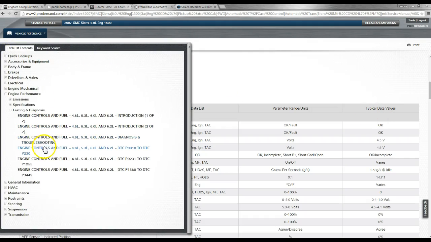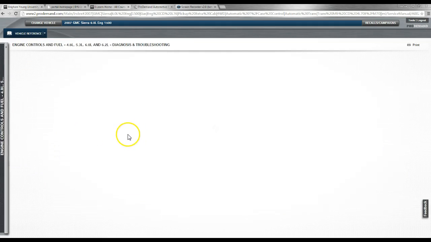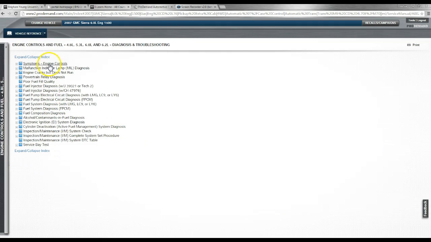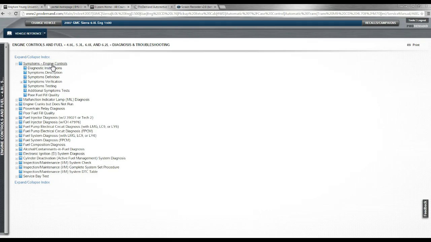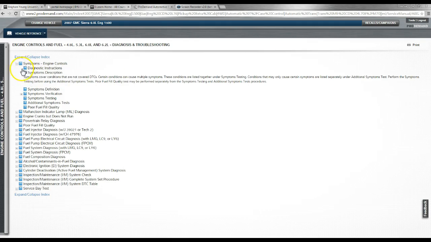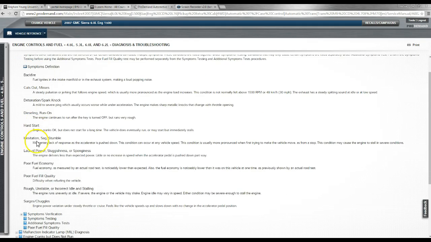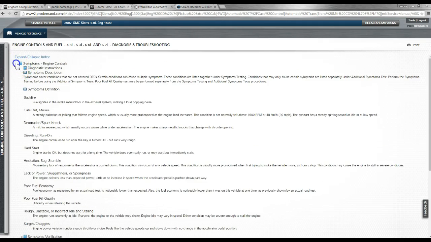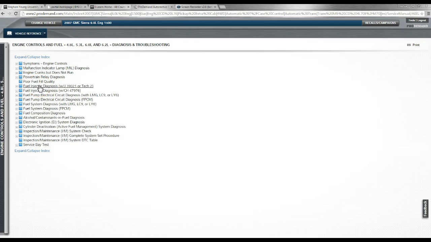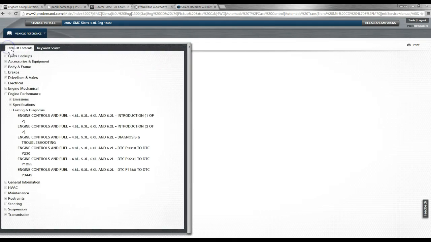Okay. Engine troubleshooting, let's look at that one. Now we have a whole bunch of different things. Maybe you have a symptom that you're struggling with. Maybe you say, well, symptom description. Do we have a certain problem? Do we have a backfire? Do we have a cuts out and misses? Do we have poor fuel economy? Different things like that. So this is a good reference to give you an idea of where to look to describe some different things. And it tells us how different systems work on this particular vehicle. Let's go back here to